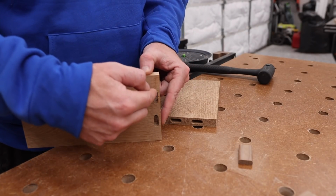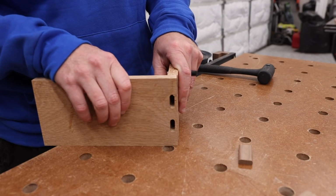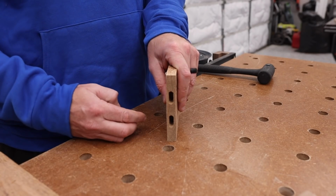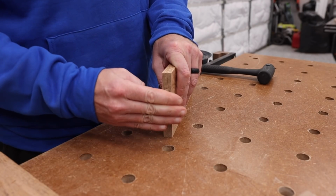All right, so we've got our side that has our through holes. We have our end piece that the holes line up just like that. And there's a couple ways that you can do this. You can actually just put the domino through from the outside. I actually don't like doing that. When I'm assembling these, I'll glue in here first, put this domino in,